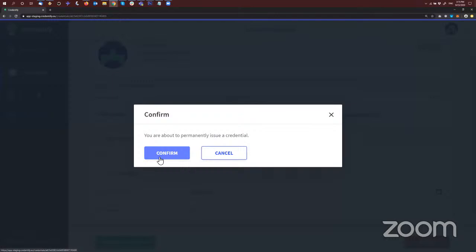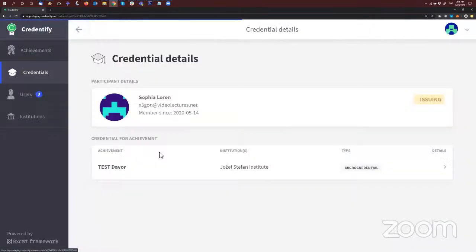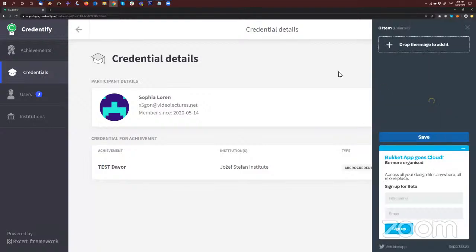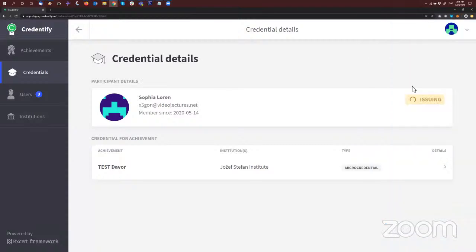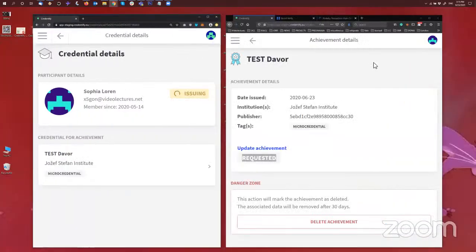Yes. And now hopefully this thing is being crunched, right? Oh, sorry. Yeah, so it's crunching. If you see on your right-hand side, this, sorry. It's getting issued. Now, if I go back to the student side,